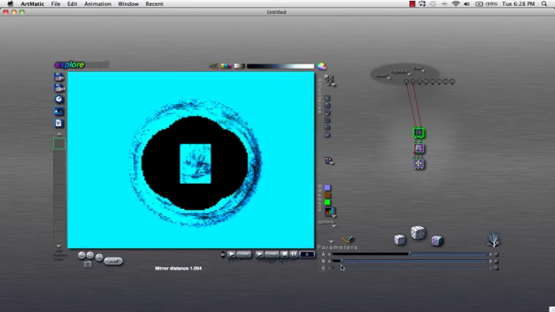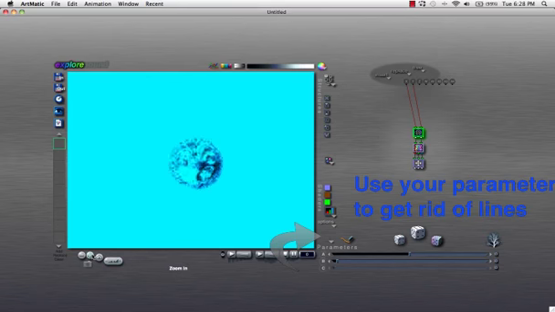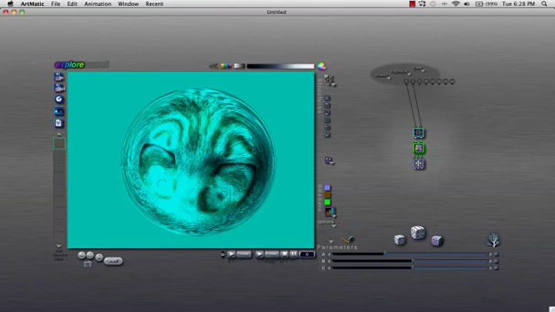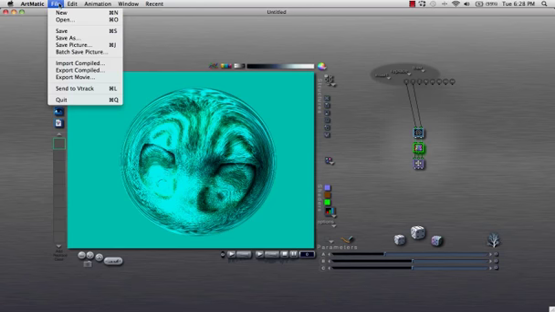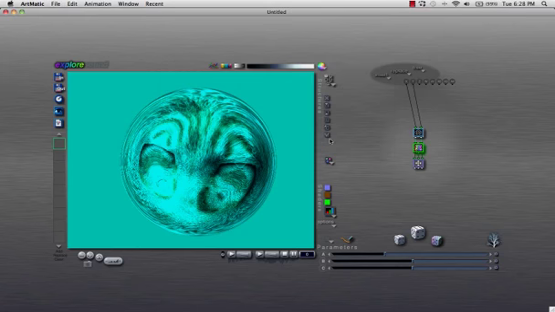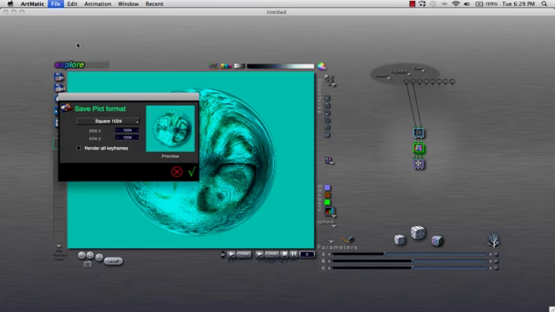Take this black image and take it as far down as possible, and then what you're left with is no black images, but this really cool orb image. So if I liked what I have right here, then I could simply save this image out, and I'd go up to File, Save As, and if I wanted to keep this as a preset, I could call it Vinny Orb, and then it would appear as a preset the next time I open up another image. But I'm going to cancel that, and instead I'm going to go to Save Picture, and I'm going to save it out